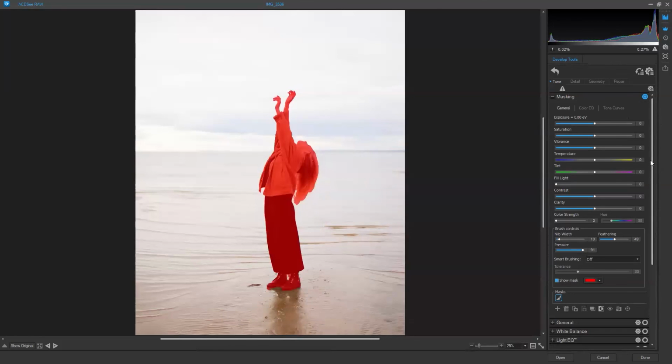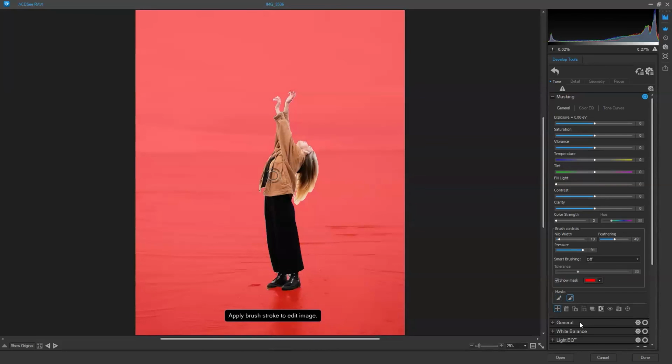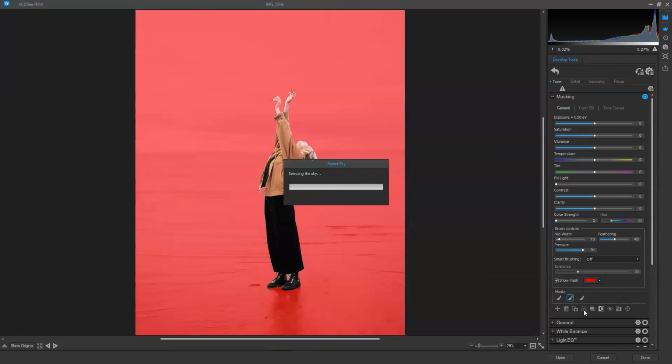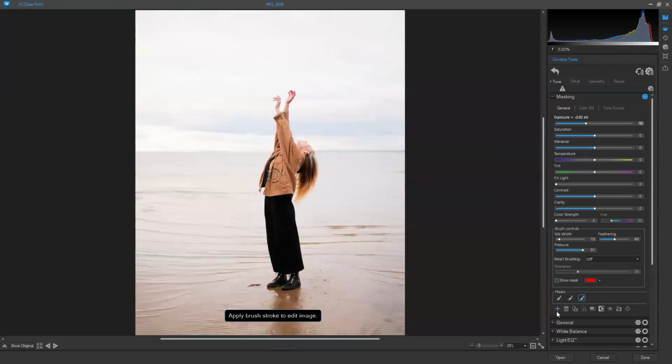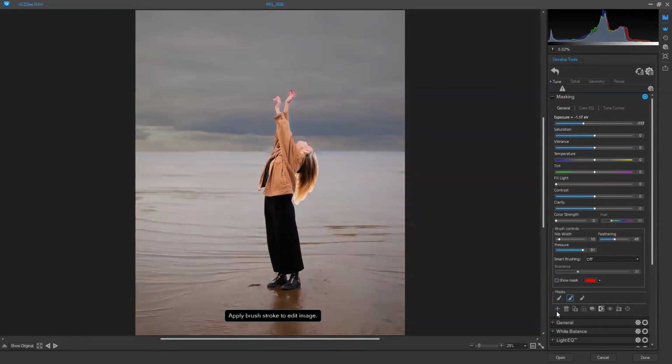So now you can see our subject is selected by clicking the show mask, and we can add more AI masks like select background, which is the opposite, and select sky. And so we can start playing around with only the sky, with the background, maybe reduce some of the saturation in the background,